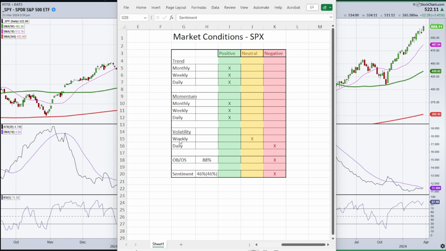Now I want to get into the volatility a little bit, and I want to point out that the daily has been negative. I'm going to show you that in a second. But this week, the change is that the weekly went from trending to the downside to the average true range crossing above its moving average. It's just barely above, but it is above, so I've got to put it in the neutral camp. The trend and the volatility are still positive kind of across the board. I'll go into the implications of what I see in this volatility as we move into these other areas.